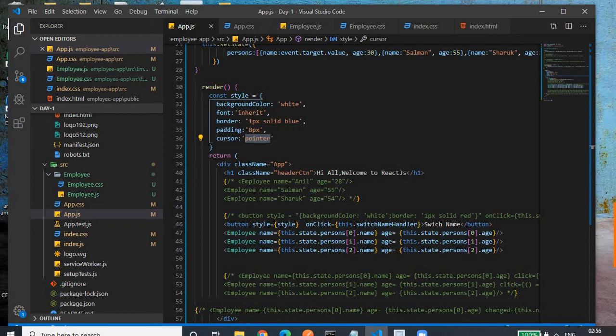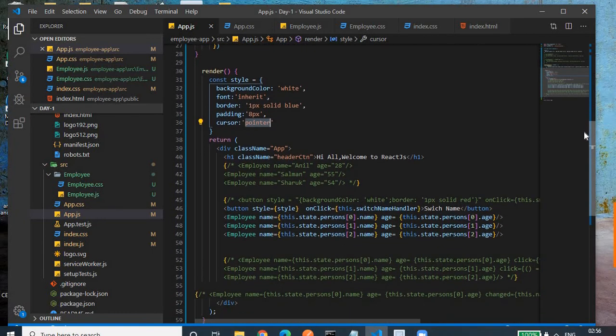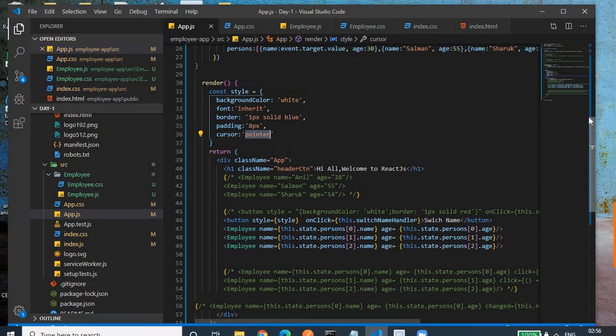Okay, here's one important concept we should also cover: how we can change the state in our application if we are using a functional component.